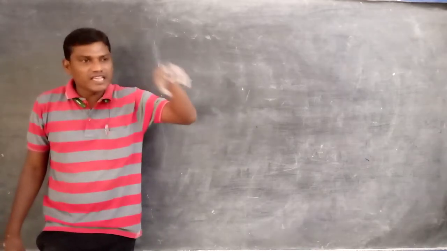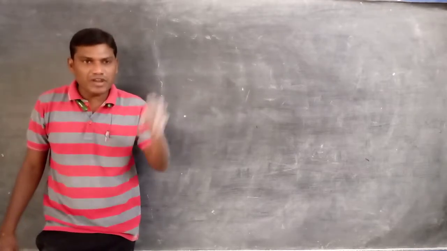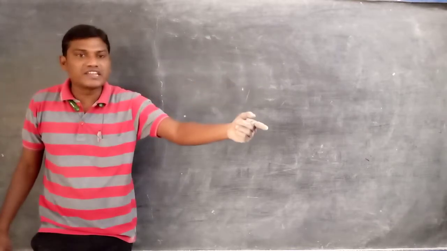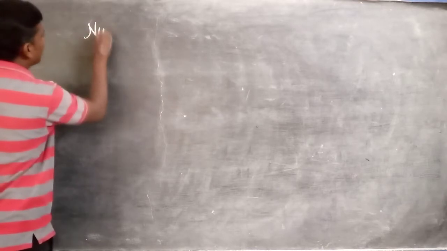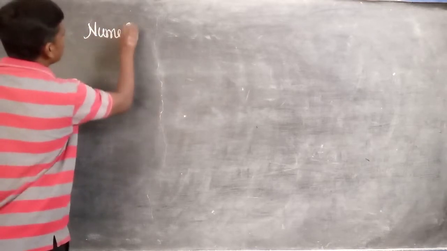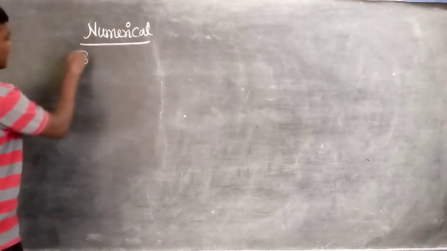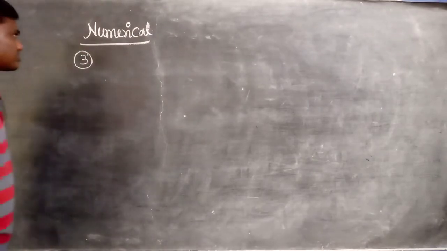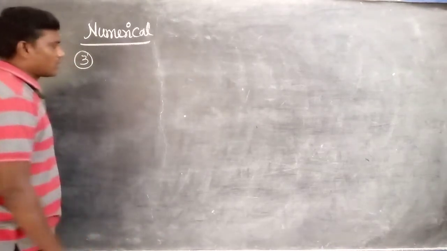When they give the relative density, how can we find the density value? So in the vice versa mode we are discussing. Now in this one, we discuss one more numerical. Numerical number 3 is the continuation from the previous video. What does this say?